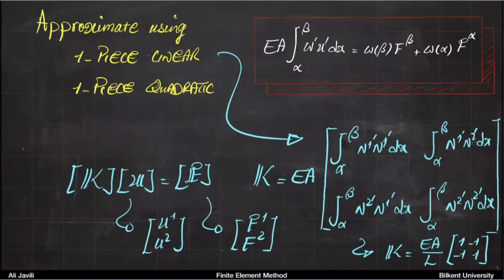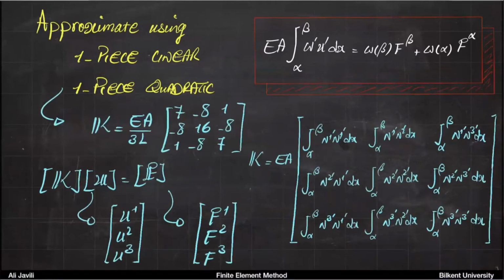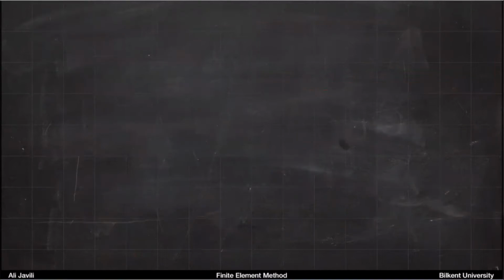This was a linear approximation. If you did a quadratic approximation, it's also similar in a sense that the system is this. Now, because it is quadratic, you have three forces or three nodes at which you apply forces and displacements. And basically, your stiffness matrix would be 3 by 3. So this was the summary. And based on that, I'm going to now write what we learned in a sort of compact form,